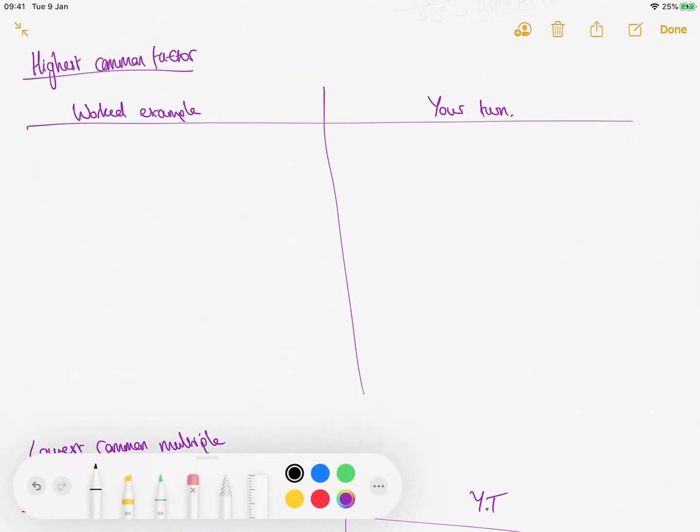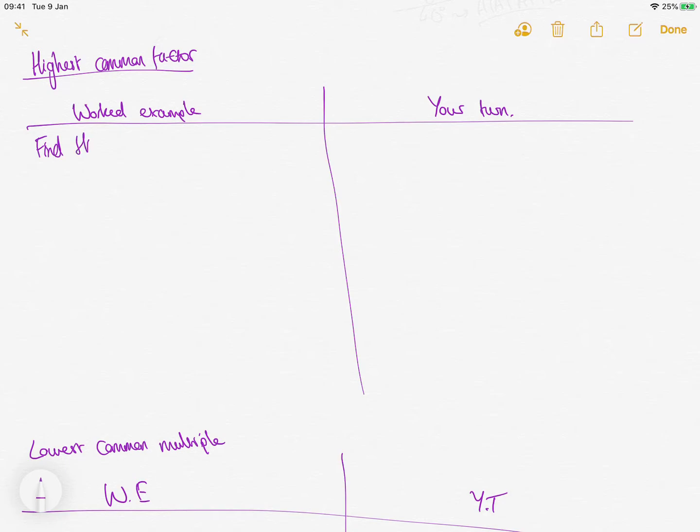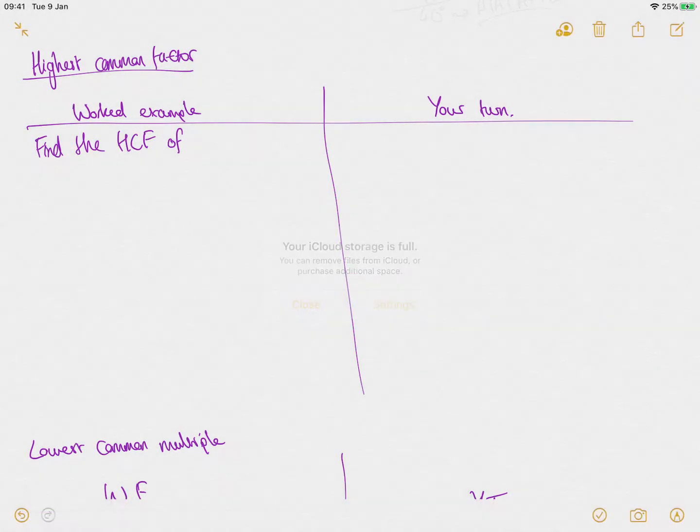I'm going to do a worked example, so the question is find the highest common factor of, and then I know we're really good at finding the highest common factor of two numbers from when we did factorising. So I'm going to give you 3 numbers this time, and for this one you don't have to do it, you can just watch me do it, and then I'll give you a your turn one. So first up,